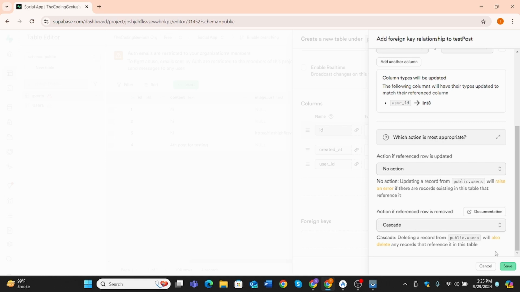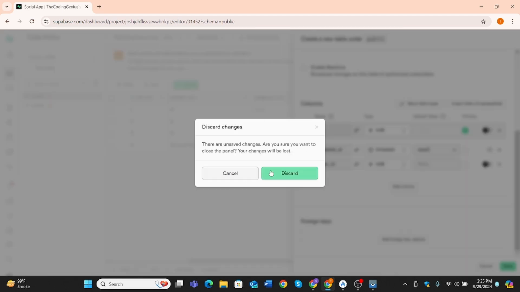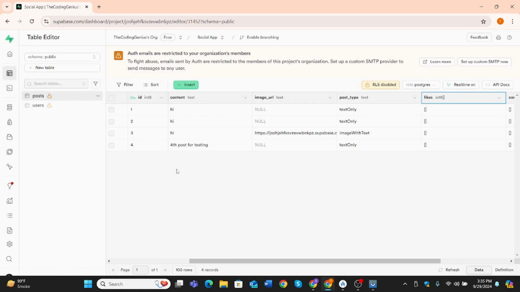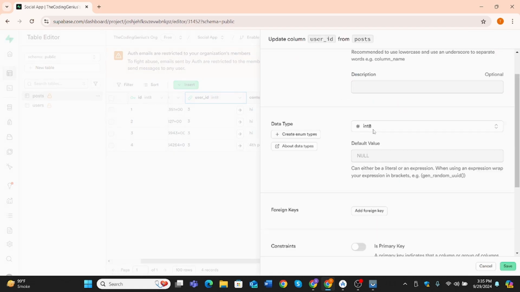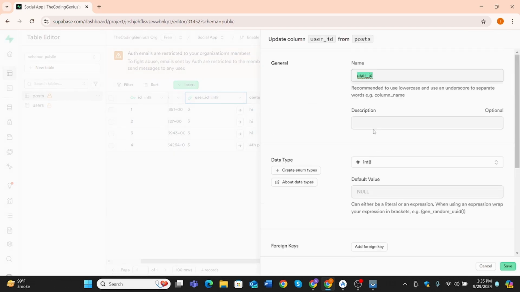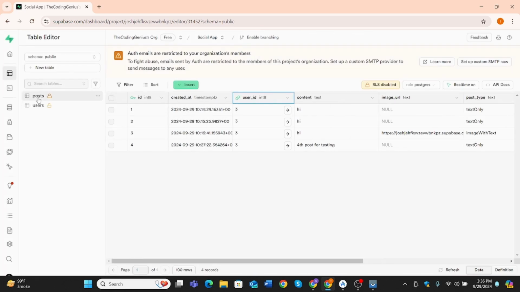By this, it will be automatically deleted. Now click on this save. It will create a table like posts. And if I come to this user ID, I can show you how it is. If we scroll down, okay, it's not showing here. I think if we click on this edit table,